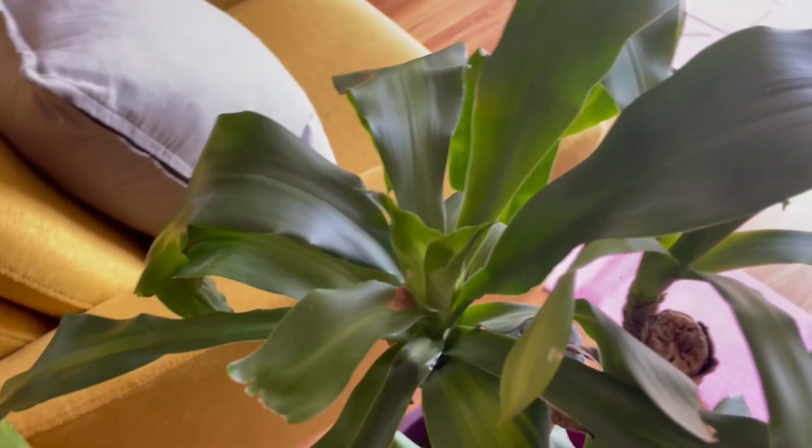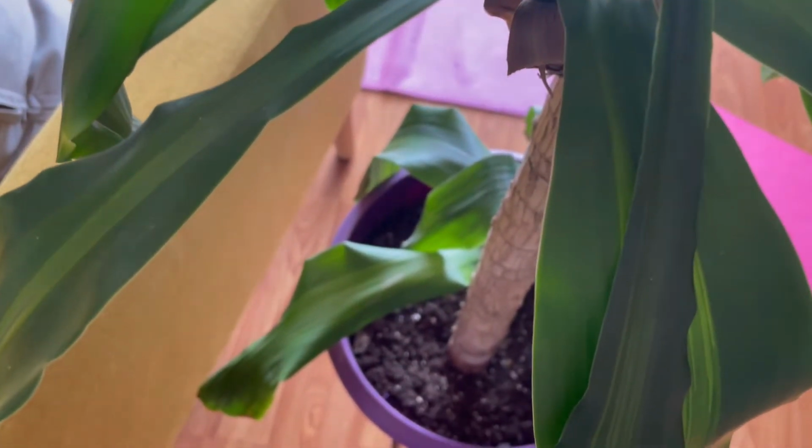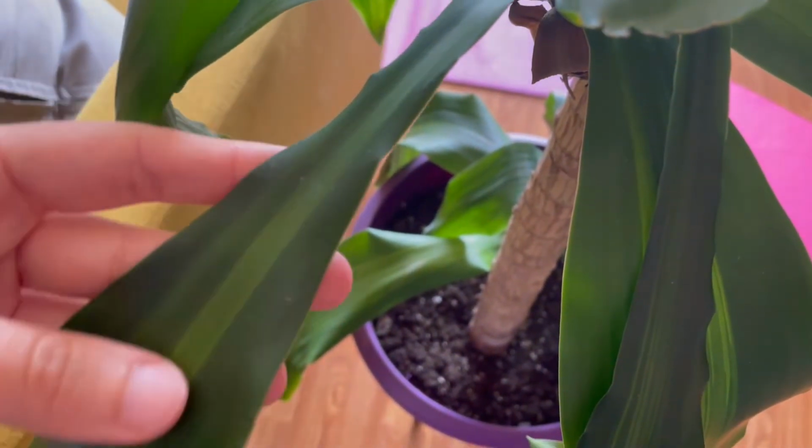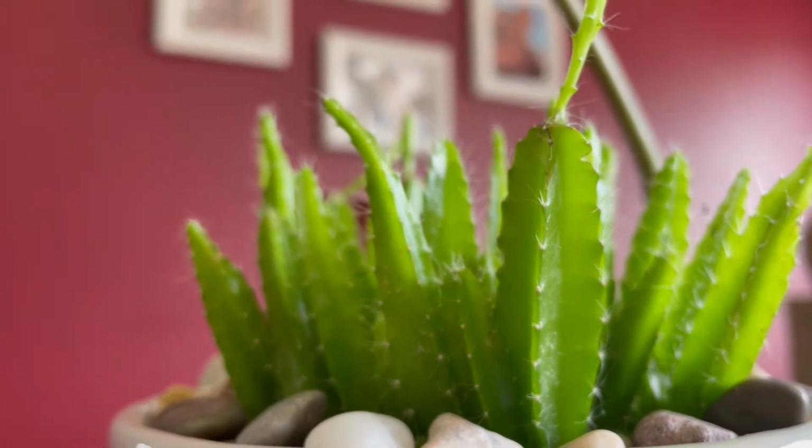Its leaves are not very wide. It's a little crispy, kind of sad looking. I think I just need to do more research into what it needs and give it some love and tenderness. Maybe it'll thrive. On our side table, we've got this dragon fruit that my partner gave me for Valentine's Day,